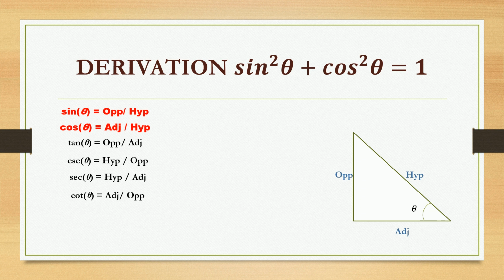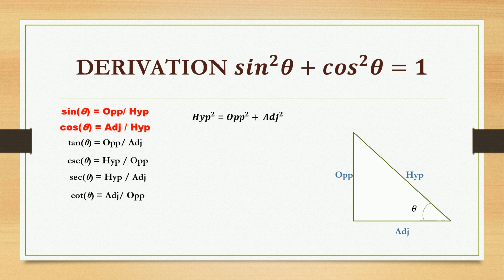In all these trigonometric identities, we have taken only one variable, that is theta. The first one, sin squared theta plus cos squared theta is equal to 1, is called an identity for all real values of theta. There is no exception. But this may not be true for the other two identities. Okay, we will tell it later. Now, the identities can be derived by only two concepts. What are those concepts? Number one is the definitions of the trigonometric ratios. Number two is the Pythagoras theorem.